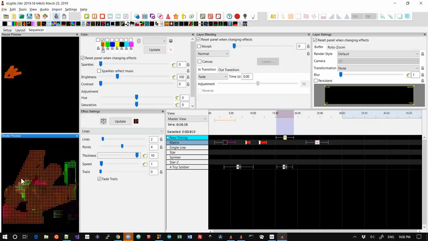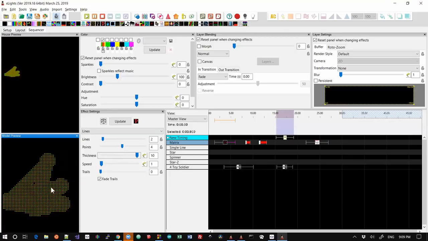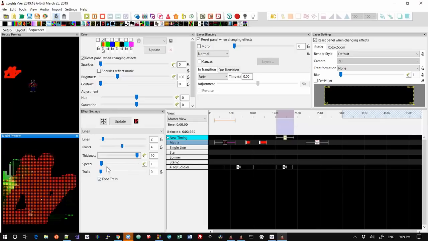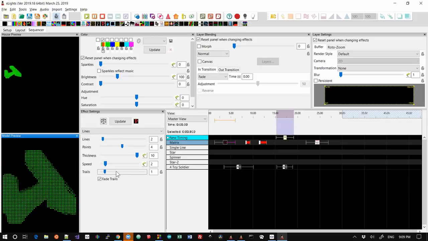The thickness is the thickness of those lines, so each line, how thick it is. You'll notice that the algorithm I use is not perfect. It does actually create the odd artifact on the edge of the lines. You'll only notice it on really, really big matrices like this is a 50 by 50, so they start to show up. The speed controls how fast the points move, and the trails,